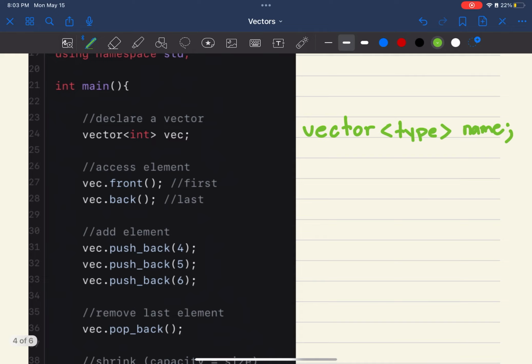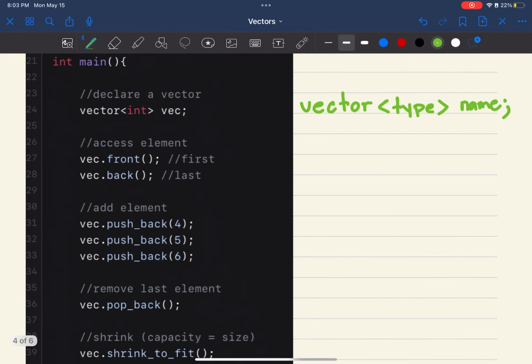We have a list of functions and operations that we can use on vectors, such as front and back. Those allow us to access elements at the beginning and at the end of the list. So front allows us to access the first element in a vector, and back allows us to access the last element. So to visualize this,